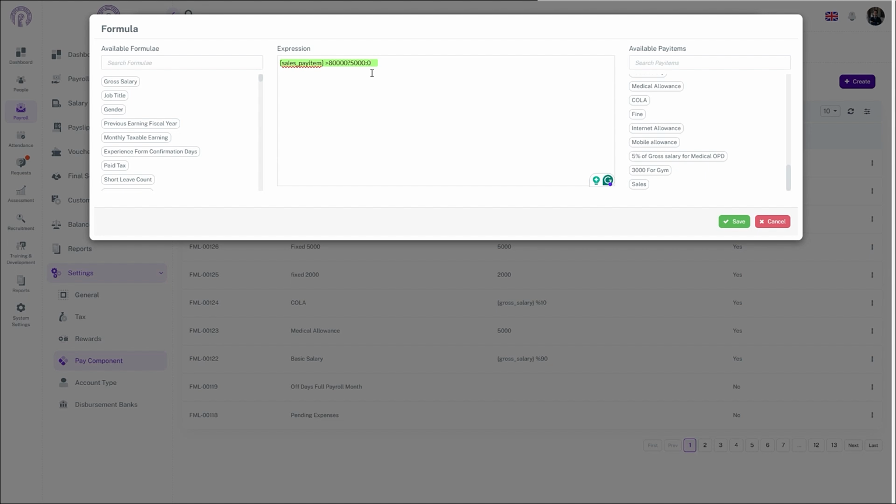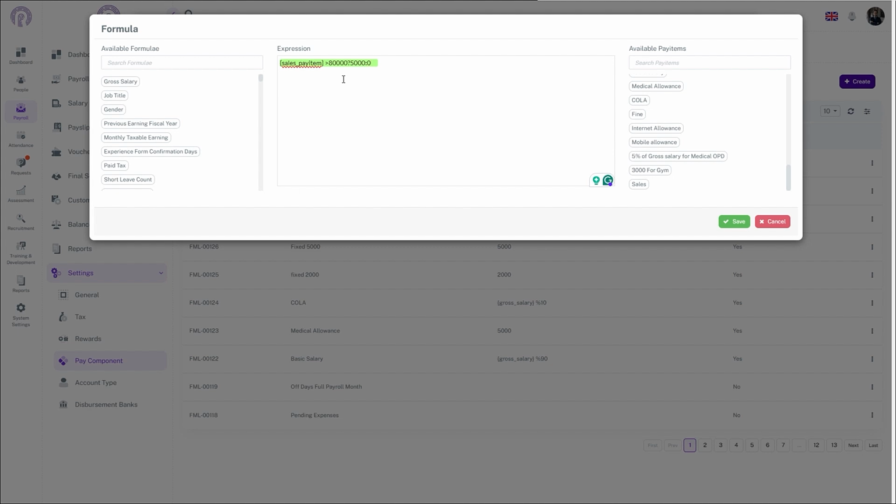bonus on sales target. You can modify according to your specific scenarios, like you also can change the symbols like greater than, less than, greater than or equal to, less than or equal to, not equal to, etc. But the true or false condition remains the same, ? and colon. So, let's assume another scenario where you want to add bonus automatically in commission if an employee hits target